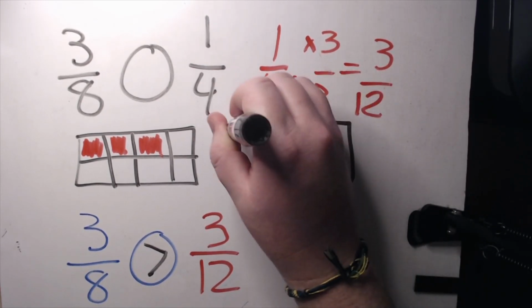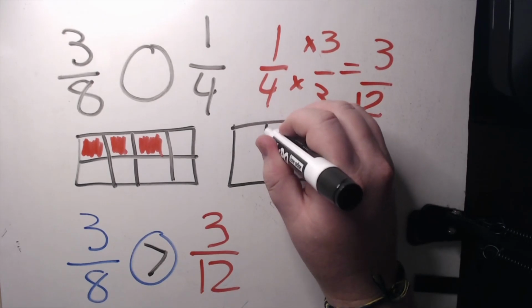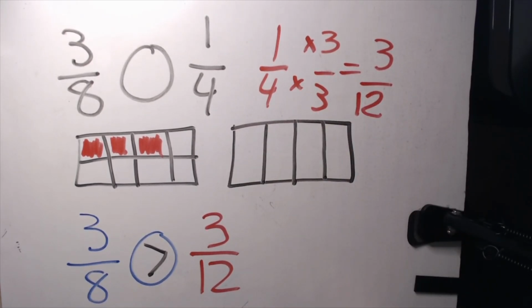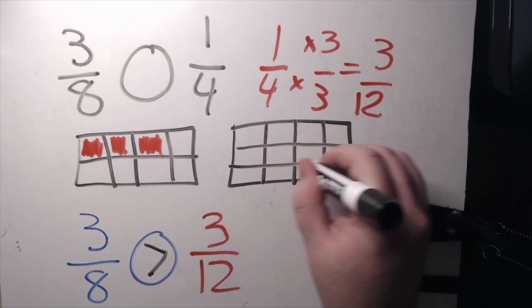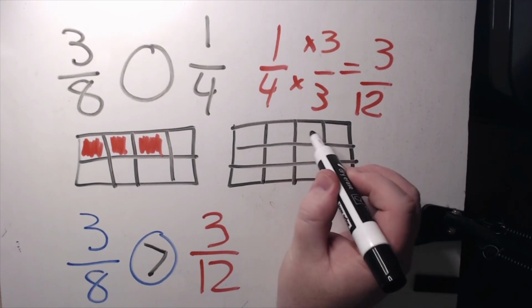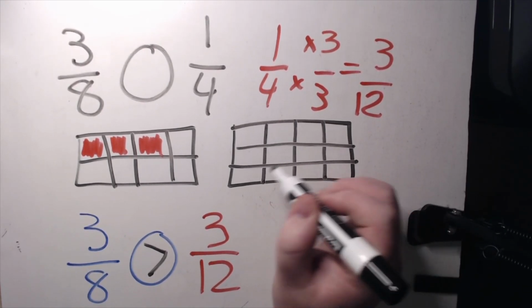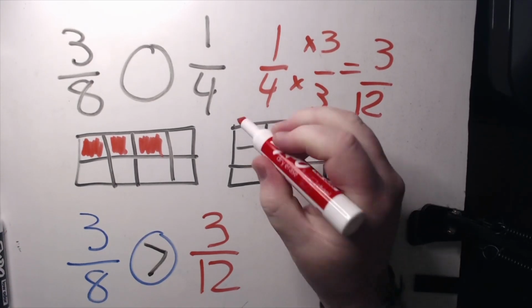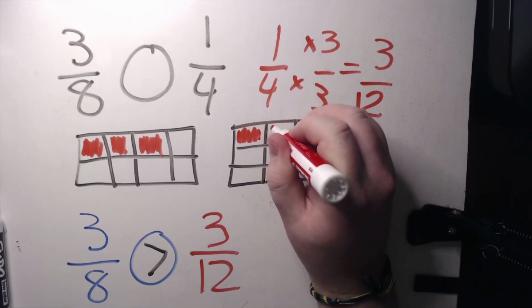So let's cut it into 1, 2, let's cut it into 4 pieces this way. Okay? Now, there we go. Cut it into 12 pieces. 1, 2, 3, 4, 5, 6, 7, 8, 9, 10, 11, 12. The way I was drawing it wasn't working out. So if we were to color in these 3 boxes,